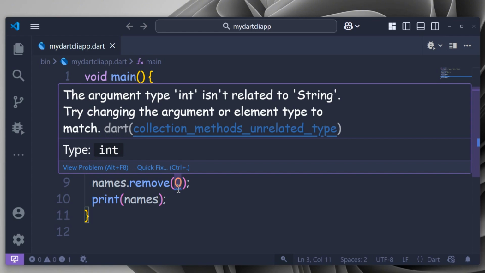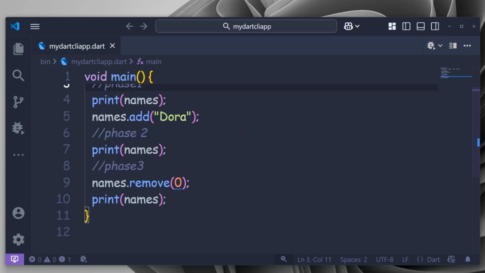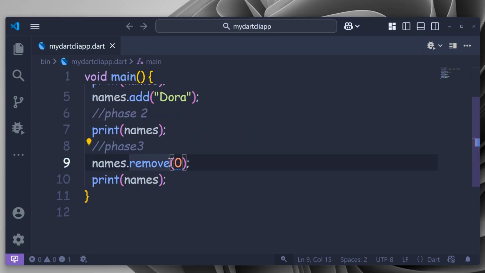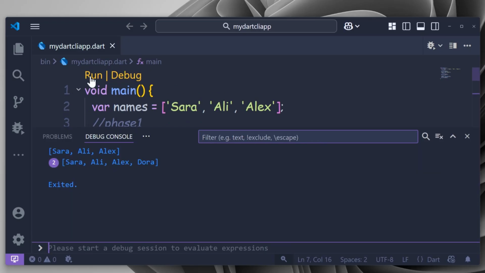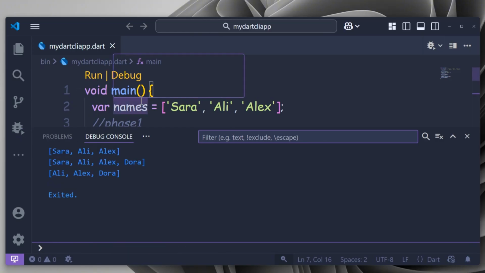So here we have a warning: int isn't related to string. Try changing the argument or element type to match. Oh guys, I'm so sorry, I forgot to change it back to removeAt, and actually it still is remove, not the removeAt function. And if we run it again, I'm so sorry for that,